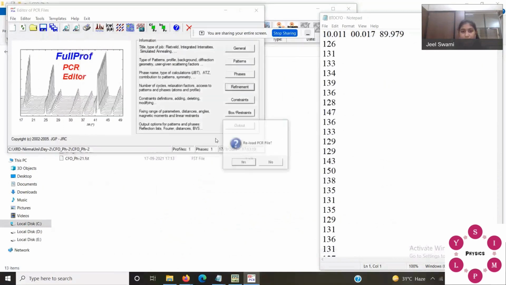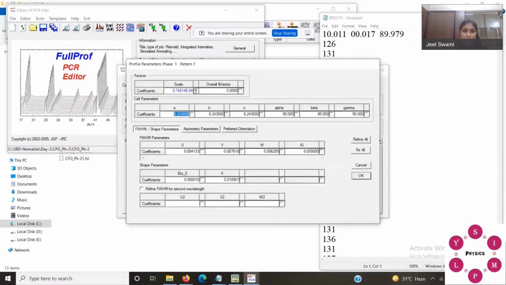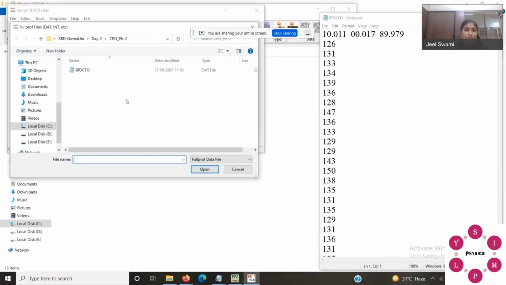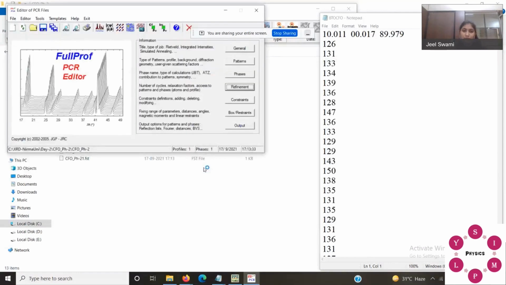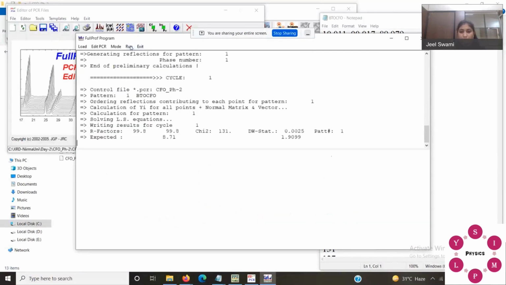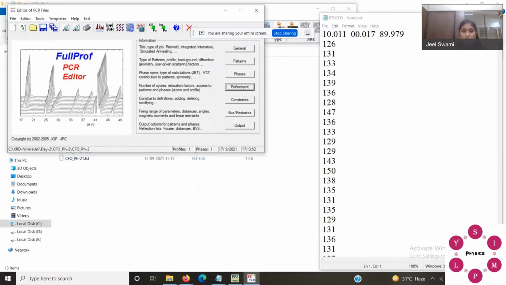Okay. Now you do your lattice ABC refinement. It's not changing much.